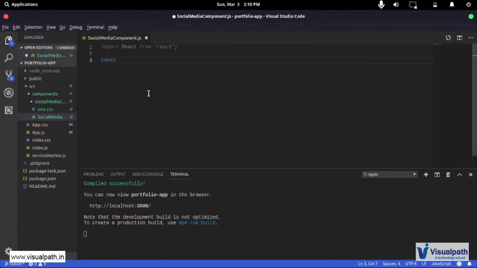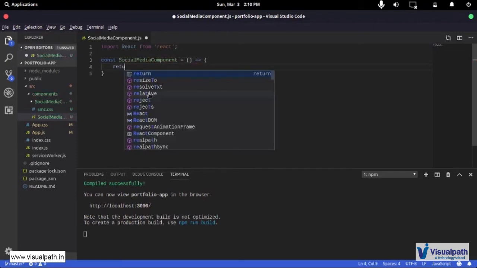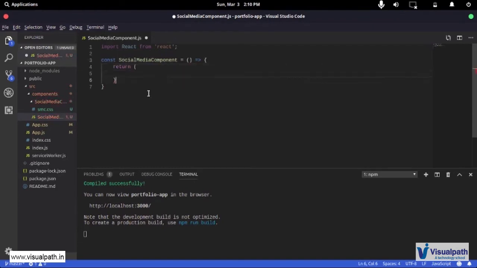So const social media component. Now you might be thinking already that I'm writing this a lot, and the thought might come to your head, why write this over and over again when you are saying up top that it's a social media component and you are naming the whole thing over and over again. That just makes it easier to read when you are working with a bigger project. I like to call my components with component so that I can have a clear vision of what they are, how they are going to work and what purpose they serve.